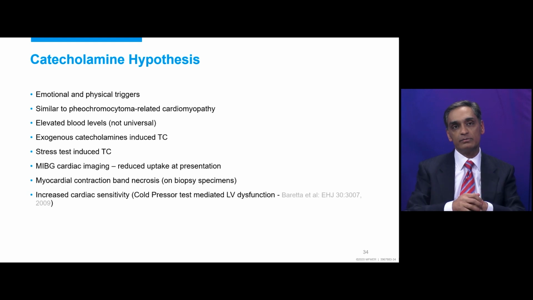Well, the observation that triggers play a part, stressful triggers, but also that pheochromocytoma is associated with a similar cardiomyopathy. Some centers have reported elevated blood levels of catecholamines, but when we tried looking for this using 24-hour catecholamine collections and blood levels, we could not replicate that work. There are reports showing that accidental administration of large doses of catecholamines results in Takotsubo. There are case reports of stress-induced, for example, dobutamine stress tests causing Takotsubo. So I think there's a whole body of evidence supporting the catecholamine hypothesis, and I think that forms the core